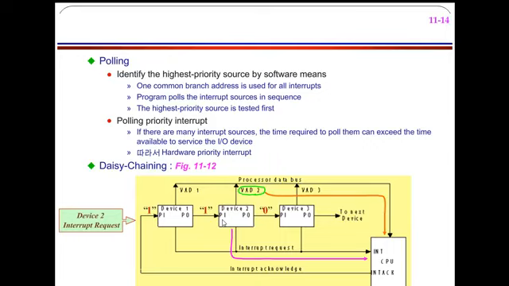Polling is nothing but always going and checking whether that particular device is interrupting or not. The processor always checks whether the device is interrupting or not. That is known as polling. So the disadvantage is that after each and every instruction of execution, your processor needs to go there and check whether an interrupt occurs or not. It is wasting its time during that.